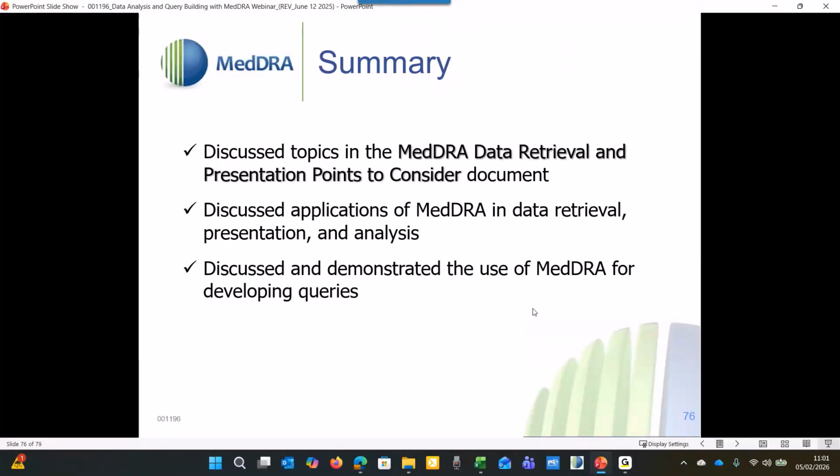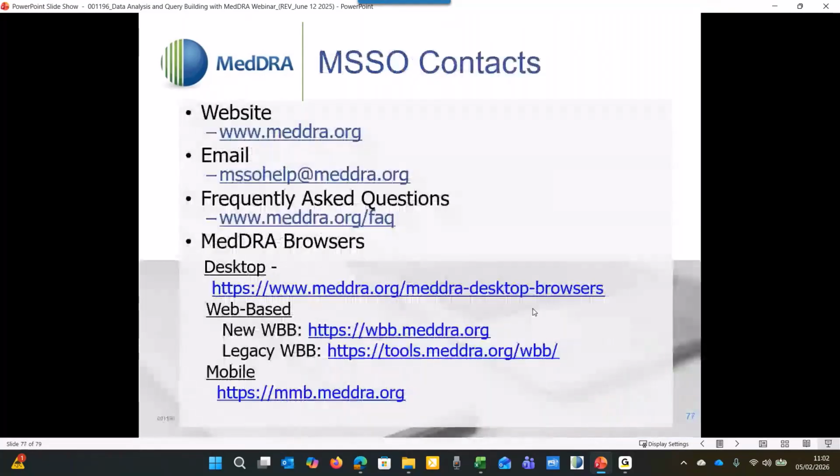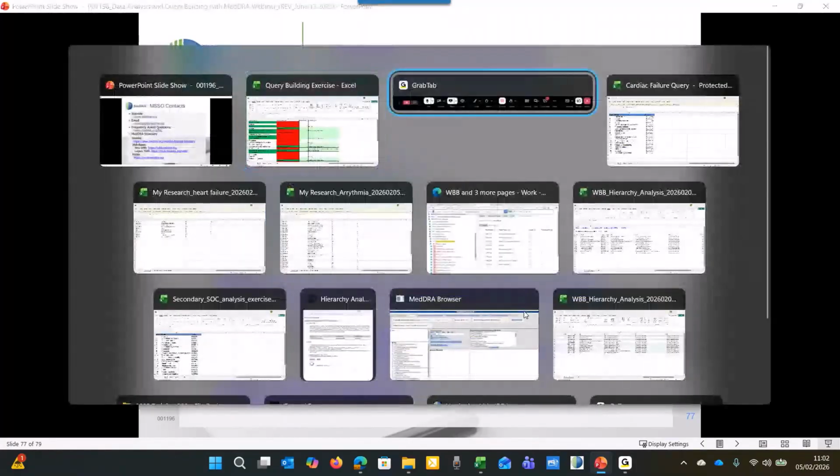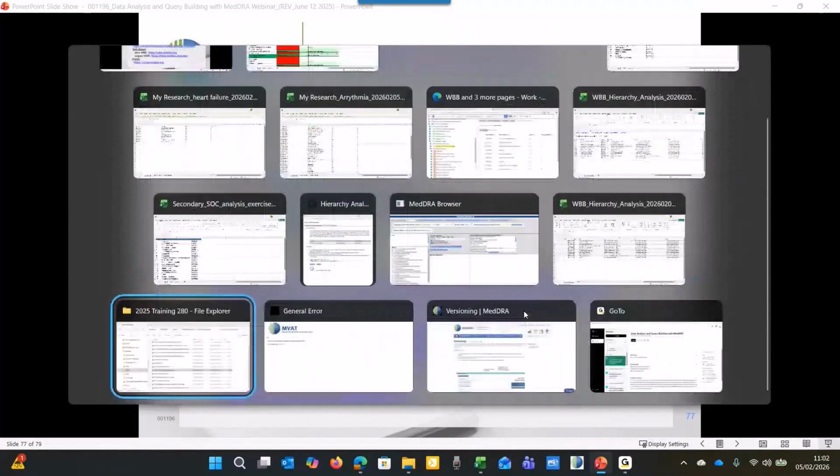We've discussed topics in the data retrieval and presentation points to consider document. We've discussed applications of MedDRA in data retrieval, presentation and analysis, and we've discussed and demonstrated the use of MedDRA for developing queries. Here are some useful links for you to the website. I showed you on the website where you could access the browsers and the MVAT tool. I'll also now, while Leander's checking for questions, go to the browser and show you where you can also find the